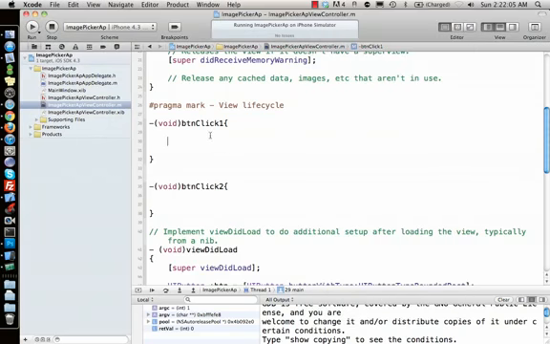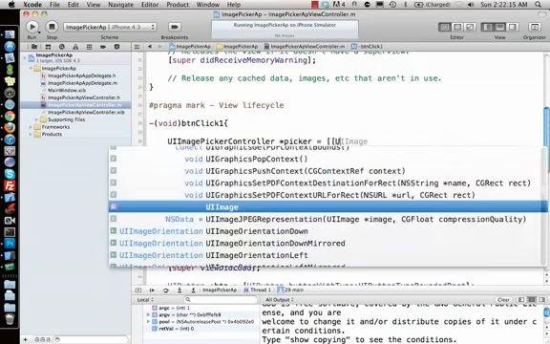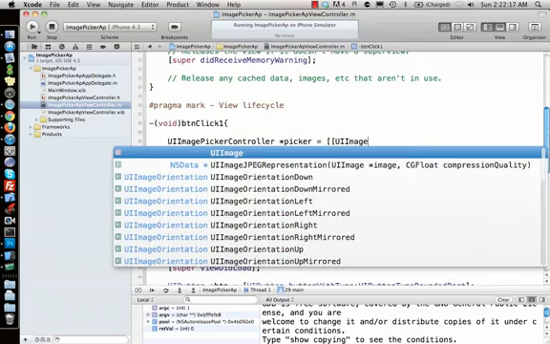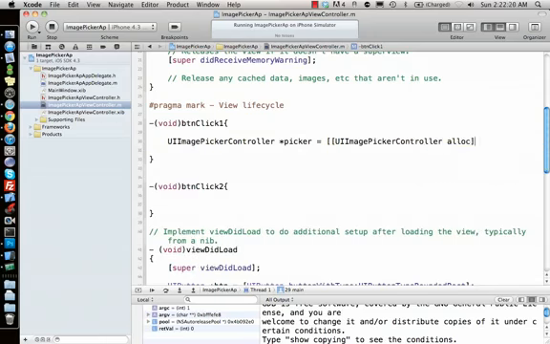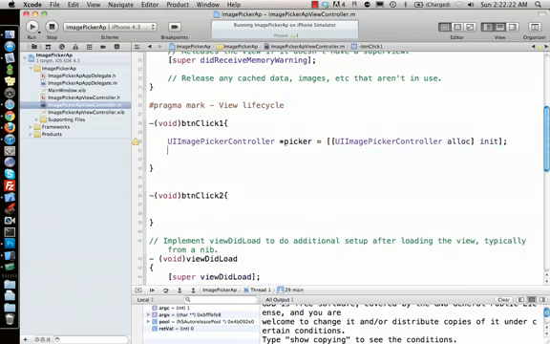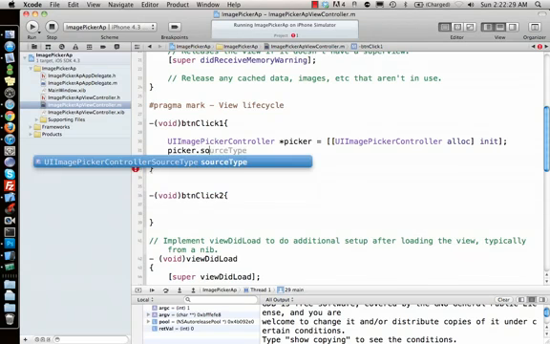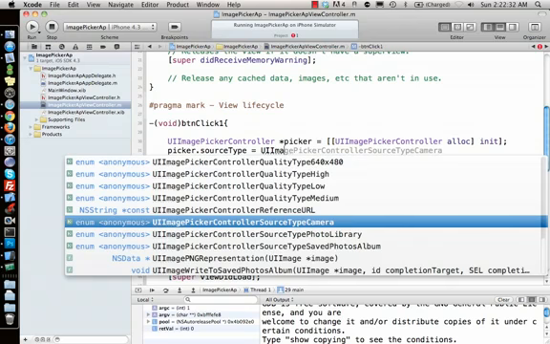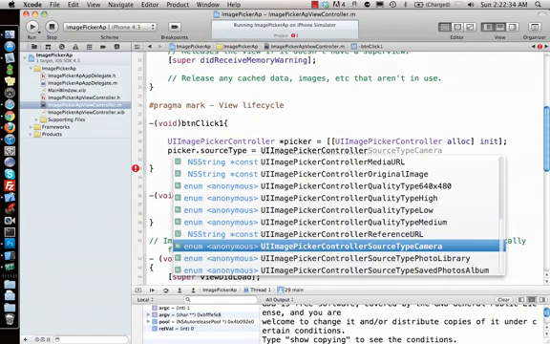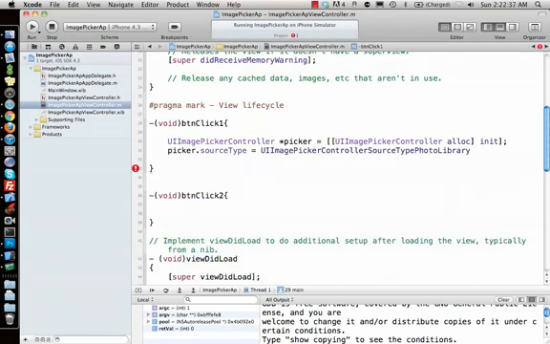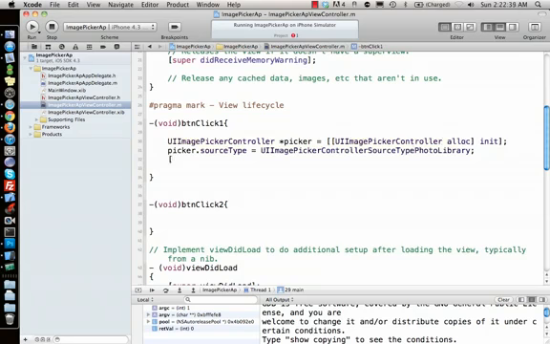So let's go ahead and create a UIImagePickerController, give it a name, picker, equal to UIImagePickerController alloc init. Now we have to tell it what kind of picker it is. Picker dot sourceType. What is the source type? I want UIImagePickerControllerSourceType. This is library, so I'll select photo library